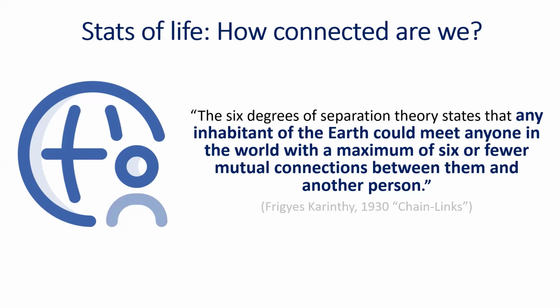From these 6 degrees of separation, there has been a lot of research in that area. And with the wake of social media, this number has continued to reduce from 5. I think currently it's almost at 3 or even less. So it means you could meet basically anyone in the world with a maximum of 3 or fewer connections between people. And that is where the theory of social network analysis came from.